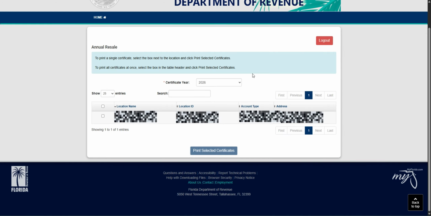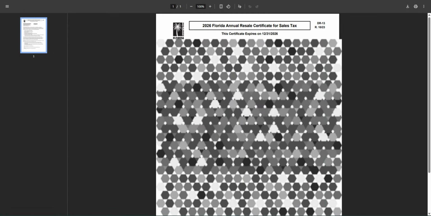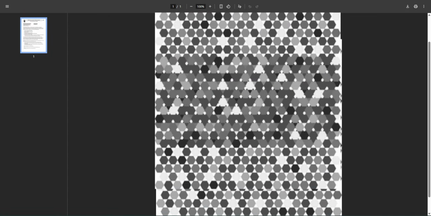Okay, here you can see the dashboard. From here you can download your resale certificate. So you need to select the year of your certificate. Make sure you select the current year here. I've already selected. Now you can click on this check mark and you can get the option to print the selected certificate here. So just click on this button and it will redirect you to the resale certificate. Here you can see the certificate, and